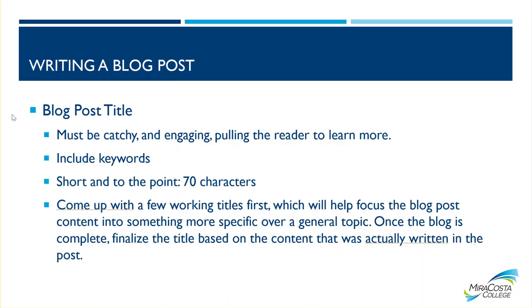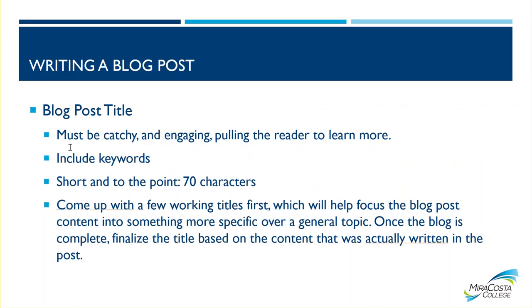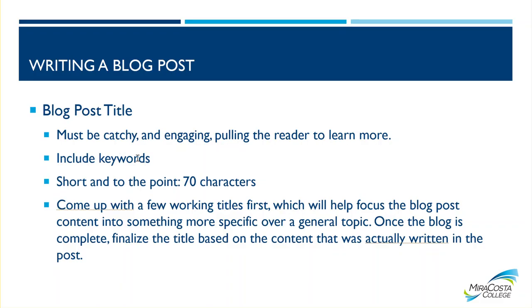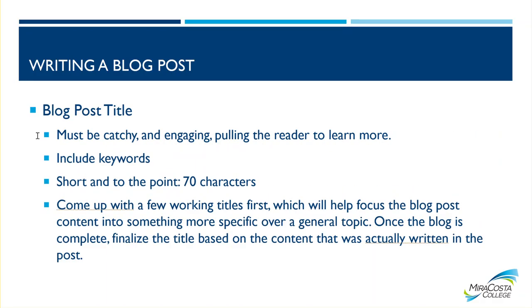Let me give you guys a little secret here. If you're having trouble coming up with an outline or a title, use AI, use ChatGPT. Get ideas on the outline. Just because you're having ChatGPT write the outline for you doesn't mean that you can't write the actual blog in your own words, which you should be doing. So use tools like that to come up with an outline. Maybe you have ChatGPT come out with your outline, you write the blog, you take that blog, you put that back into GPT, and you say, hey, create a title for me based on this blog I already wrote. It's okay to use things like that.